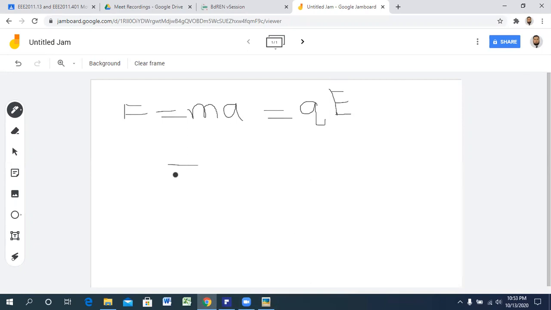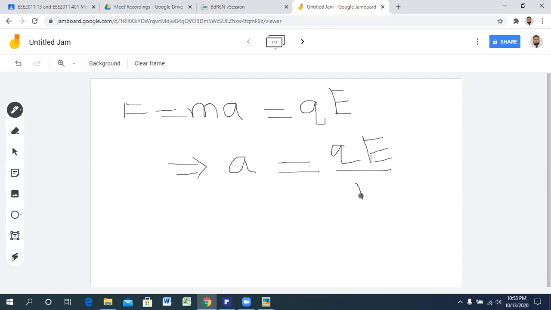So we can also find out this way: A equals to Q E divided by M, isn't it? Now we know that acceleration means V minus U, that means the final velocity minus the initial velocity,